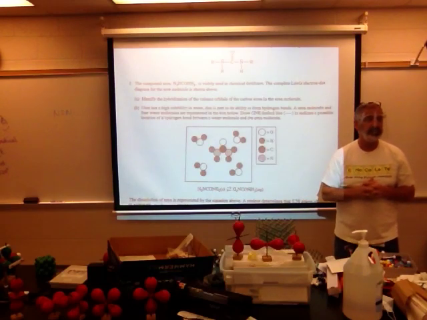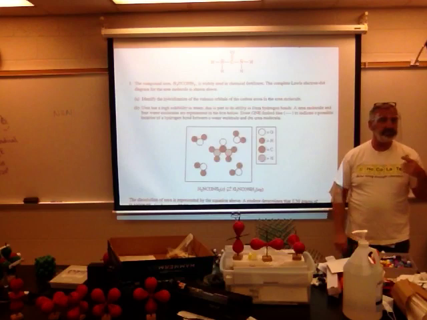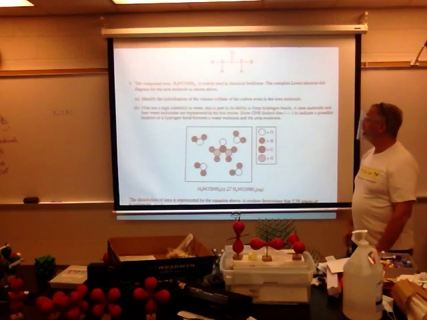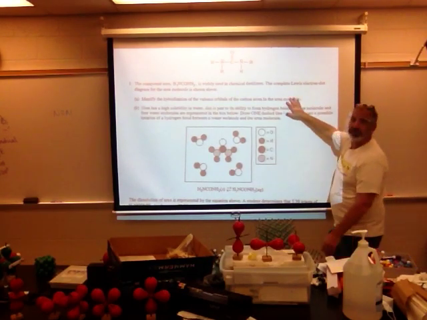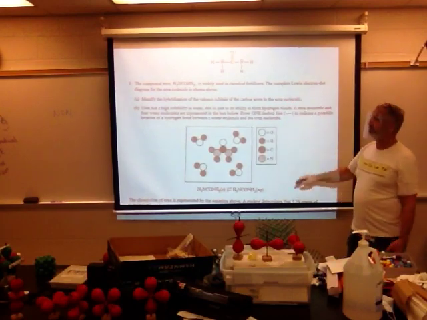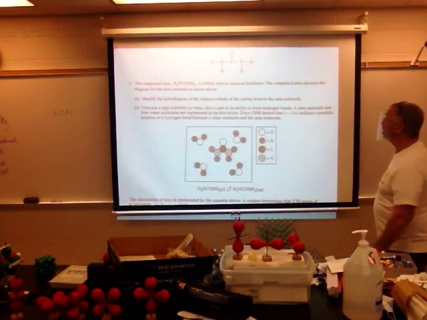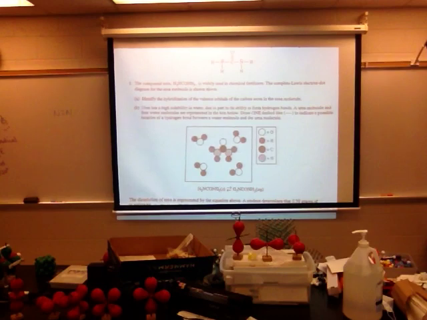AX3 is the easiest way. It's got to add up to 3, so sp2 adds up to 3. All right, so that's easy. No explanation needed. You just list. That's a 1-point question. Urea has a high solubility in water, due in part to its ability to form hydrogen